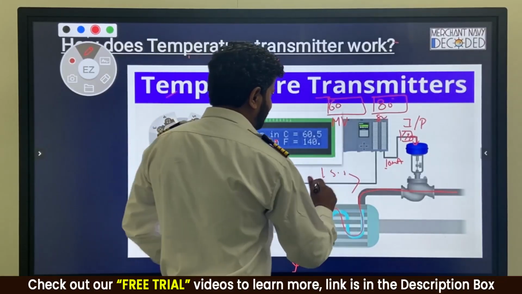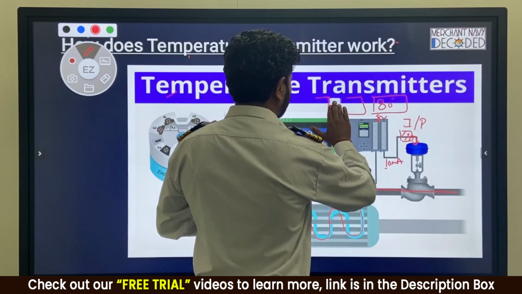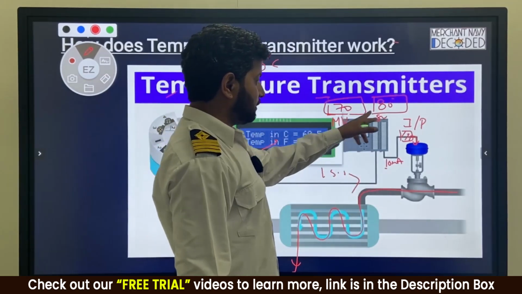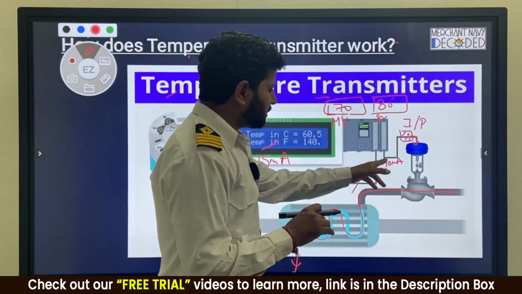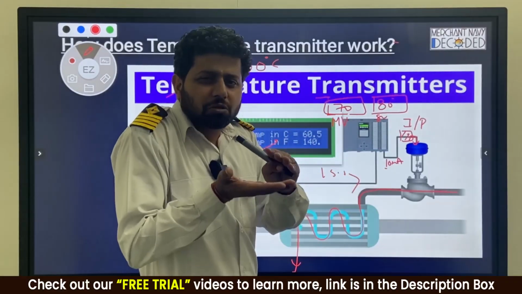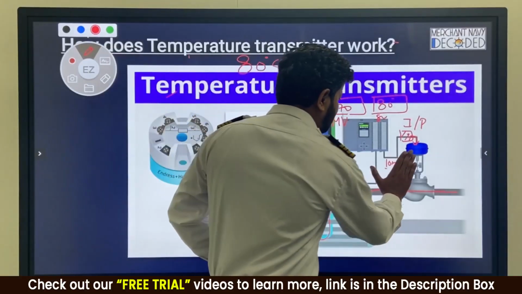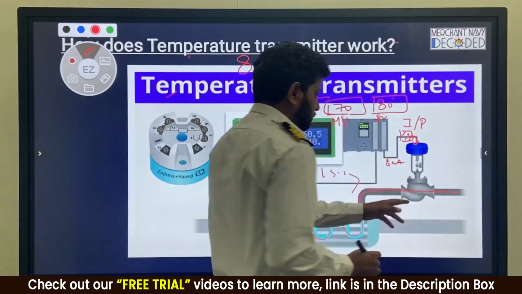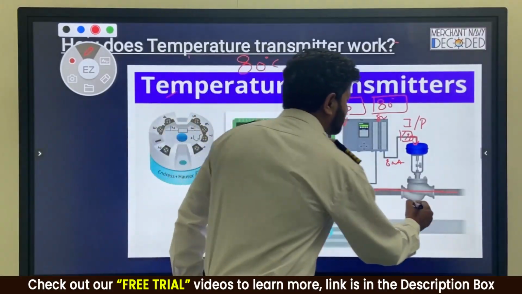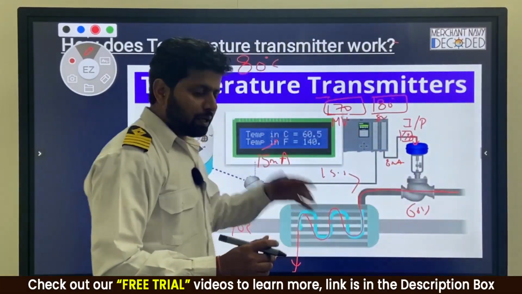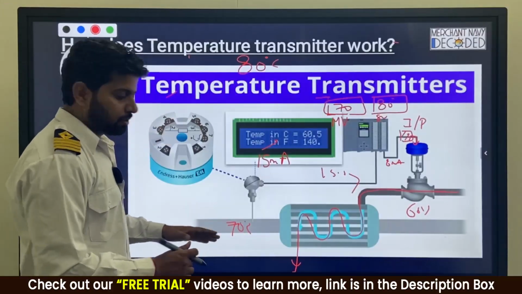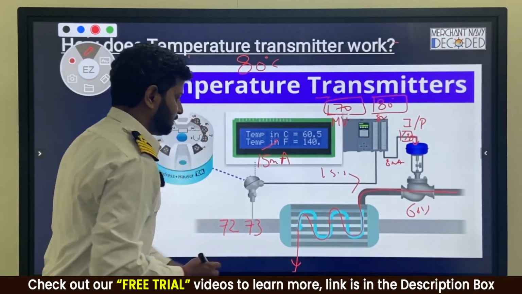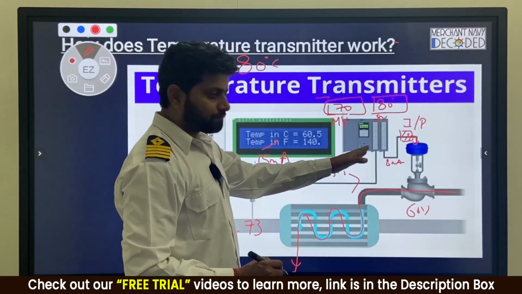Right? So it will say, hey brother, I have become 70. I am 70, measured value is 70. Okay. So now measured 70, this is 80. Only a difference of 10 degrees. Okay, reduce the current a little bit. Let us slowly start closing the valve. So what happens is, then it says make it 8 milliamp. So the valve which was earlier 100% open, now maybe it is 60% open. So the steam reduces, and now slowly the temperature starts increasing, becomes 72, then 73, then it goes again.